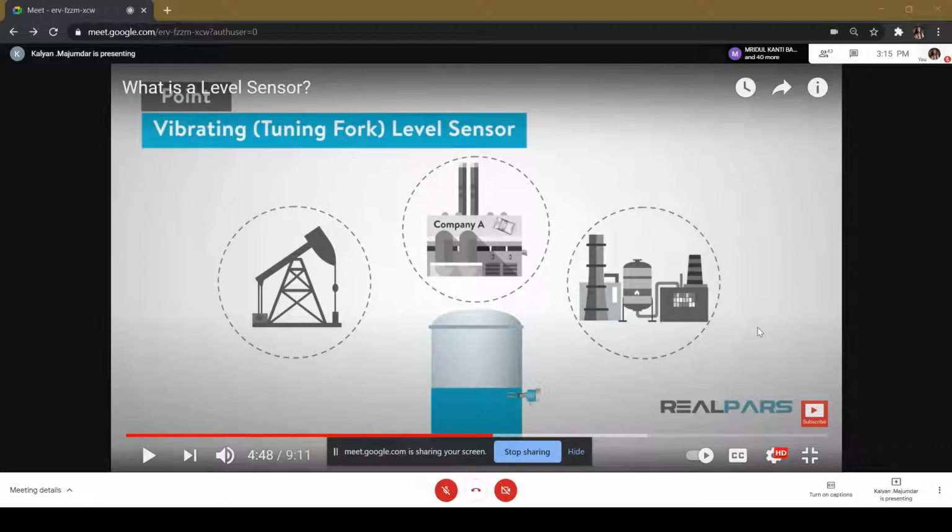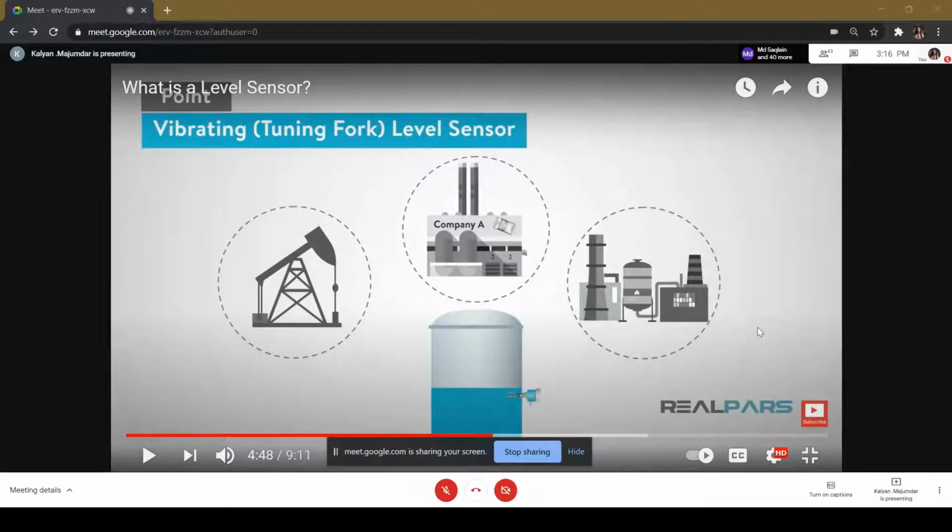What tank empty and tank full mean in this case would depend upon the position of the two level switches. What a level switch does is, as the very name suggests, it's a switch. That means it has a two-state output. The output is in the form of a contact, just like a normal switch. The contact could either be closed or open. Now, a normal switch is manually operated. A level switch is operated by liquid level. That is why it's called a level switch.